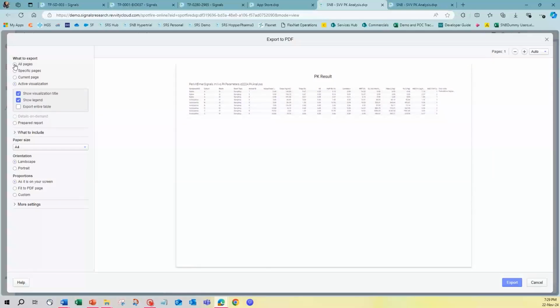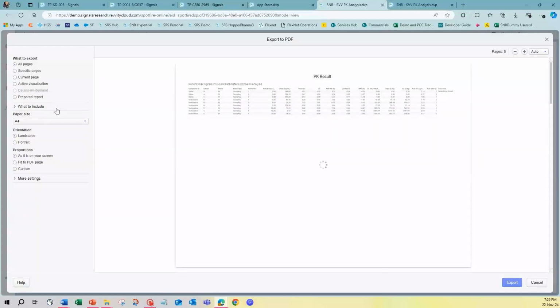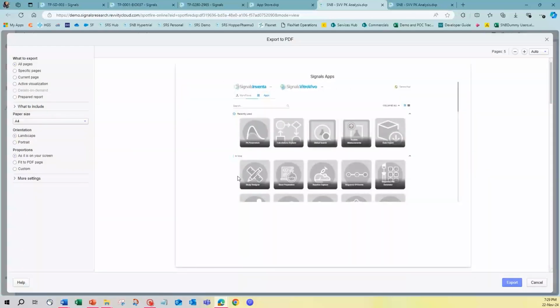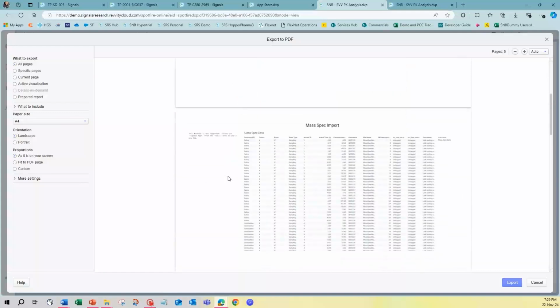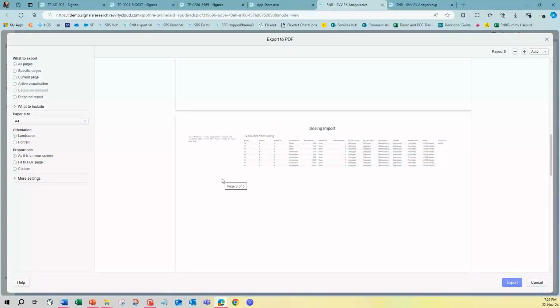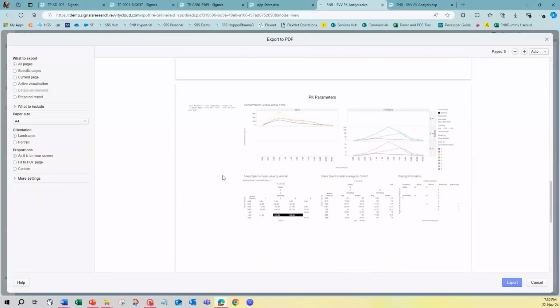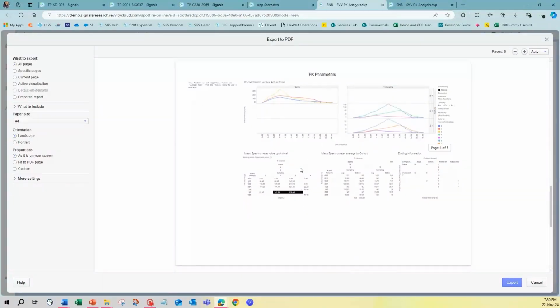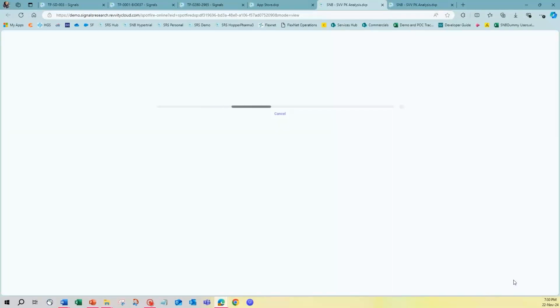In this case, we'll go ahead and choose all of the pages, which will include all of the app details that have been used along with the mass spec data that were imported from the Signals Notebook platform, and how the analysis visualization dashboard is being generated. Once it has been done, you export the PDF format, it exports the report, and now the report is ready